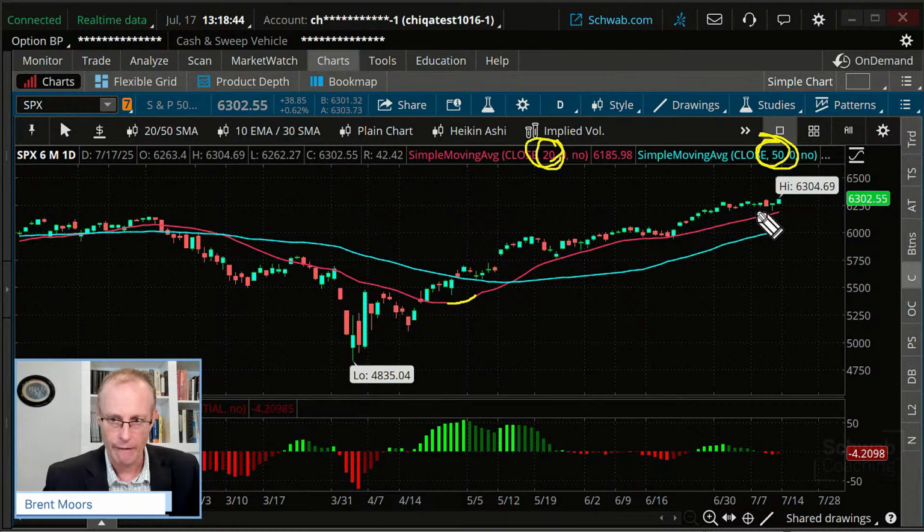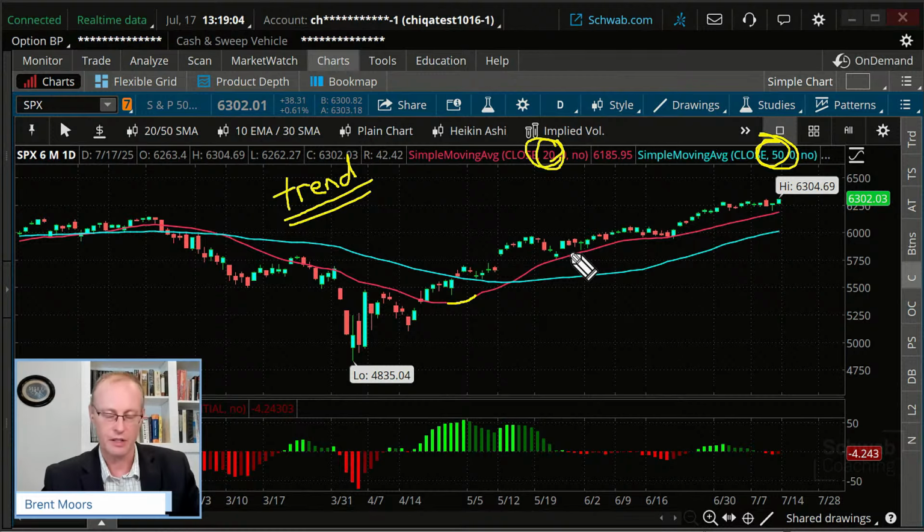Now, in addition to that as the general trend, sometimes we'll look for momentum. So the moving averages are my trend indicator here. That's one step of the trade here. Now, we may also look at support and resistance and things like that, but I'm not going to deal with support and resistance right now. But we can also look at momentum.